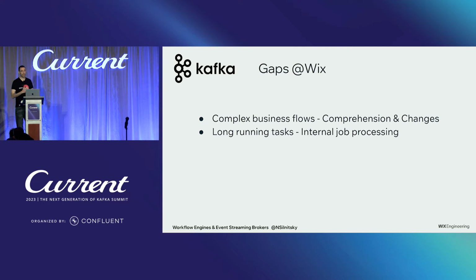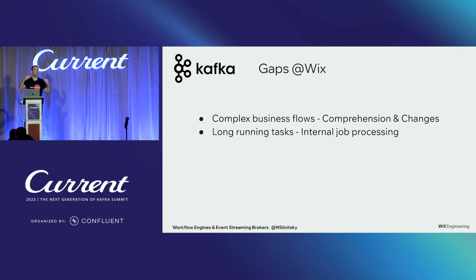So a lot of great stuff that we enjoy from Kafka, but we do see a few minor gaps. One of them is in the area of the question I asked you at the beginning about complex business flows. In this regard, we have the event handler code spread around all the microservices, and it's quite fragmented, so it's hard to have code comprehension. What's going on with this business transaction?